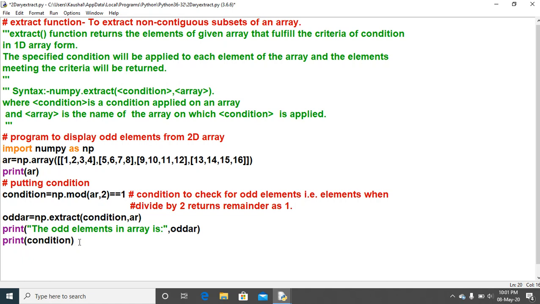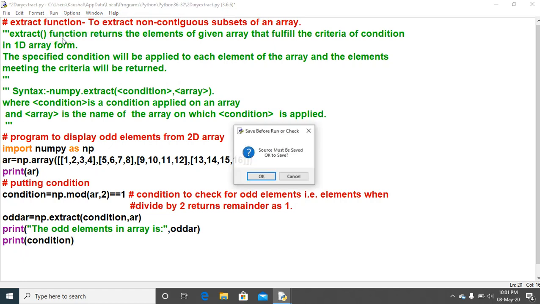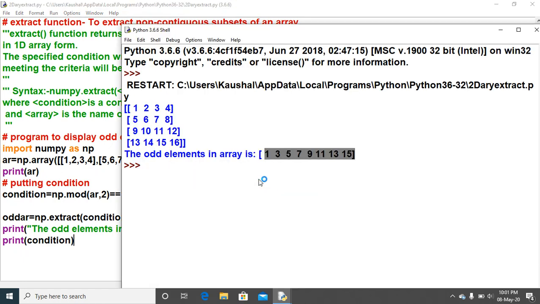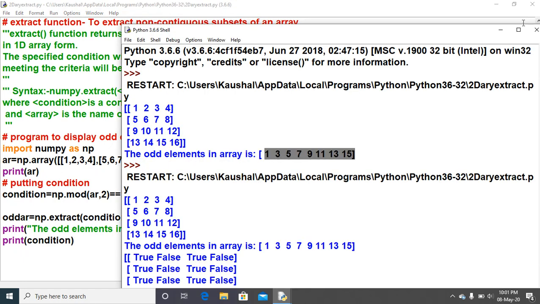So just run this. Just check it. This is the previous output, the whole original array, the odd elements of the array, and this is the print condition.